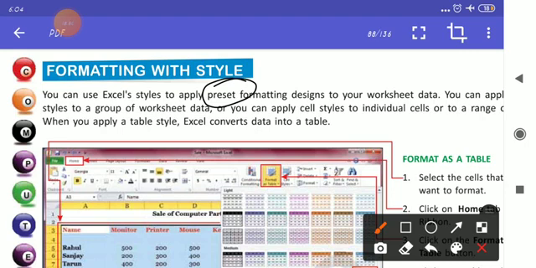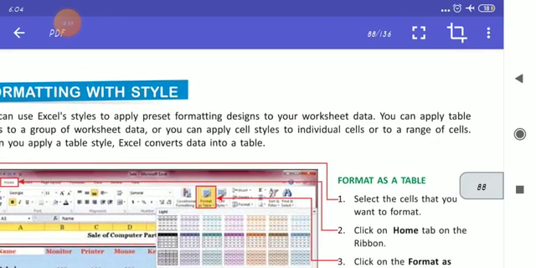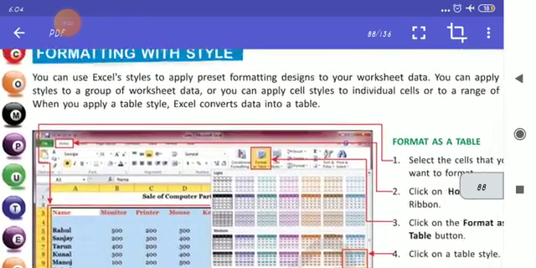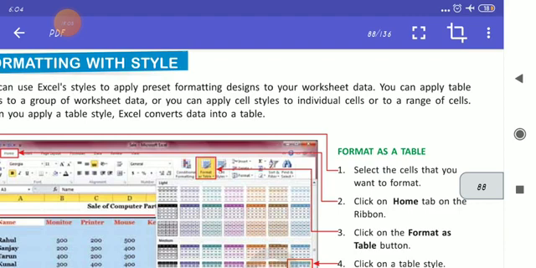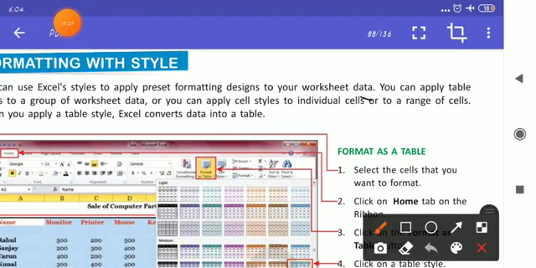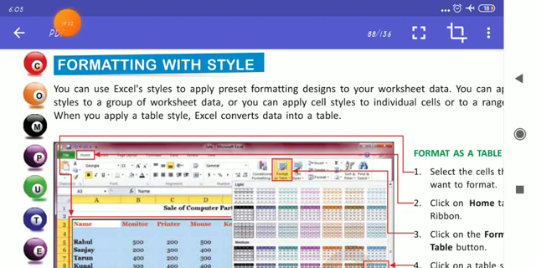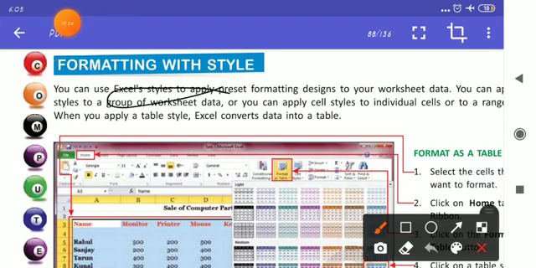You don't have to make them, you just have to apply them. You can apply table styles to a group of worksheet data, or you can apply cell styles to an individual cell or to a range of cells.